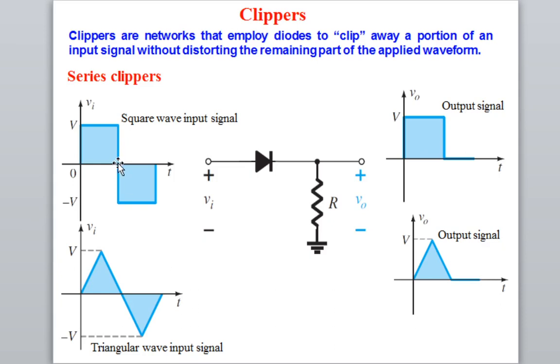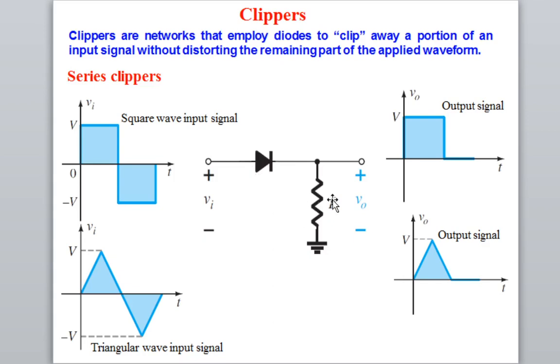Now when the polarity of the voltage is changed from 0 to minus V, this will go minus V, and this will go minus, and this will go plus. So this minus and P will be reverse bias. So the diode will go into reverse bias. If it goes into reverse bias, the diode current will become equal to 0, because the diode will behave like an open circuit, and no current will flow across the diode.